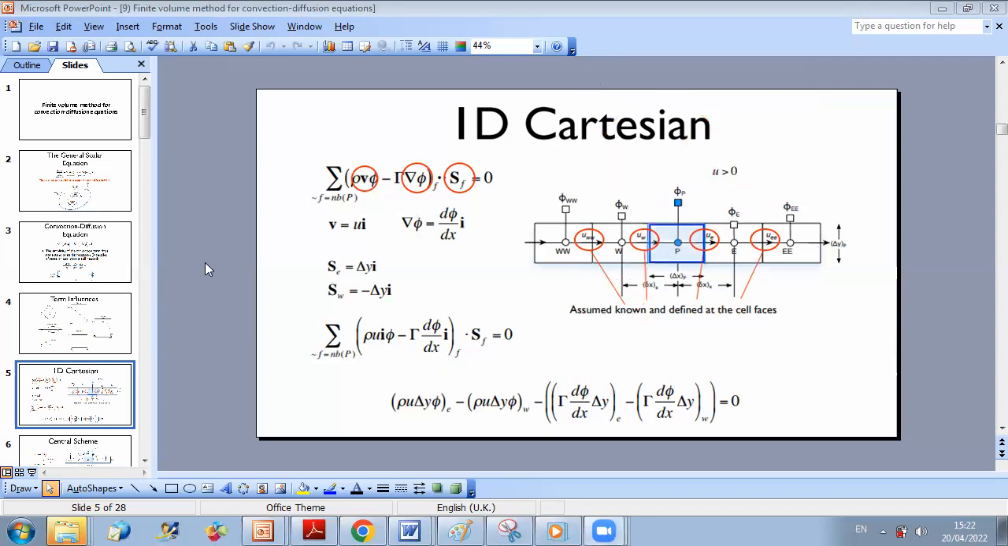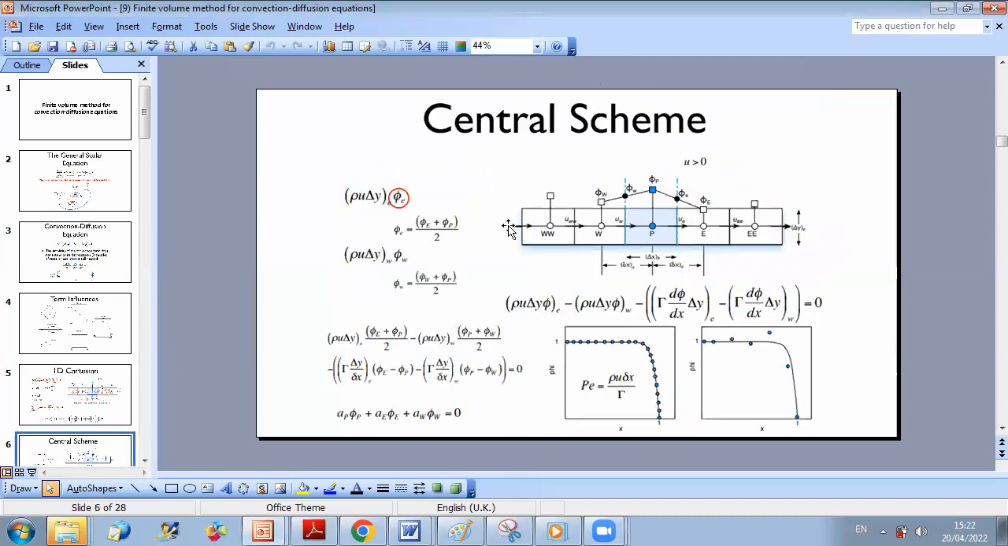So now we'll start with the central scheme as we talked together. So what is the idea of the central scheme? The idea of the central scheme is to compute, for example, phi at east by taking a linear interpolation between points P and E and say that phi at east can be computed as phi E plus phi P over 2. And for phi at west, the same procedure. I take a linear interpolation. I say that phi at west face is phi at point P plus phi at point W over 2. If we do this,